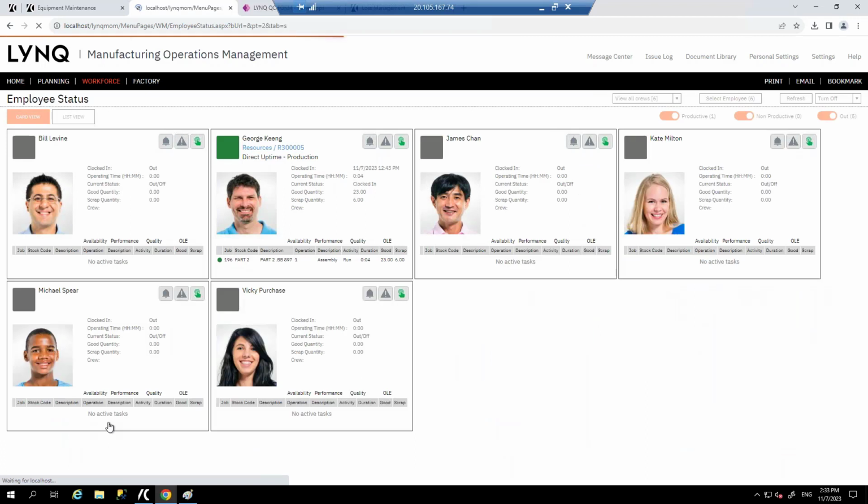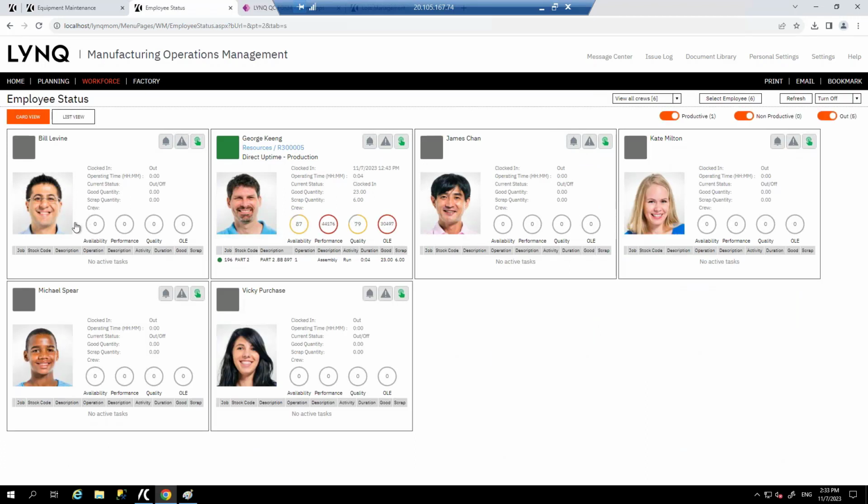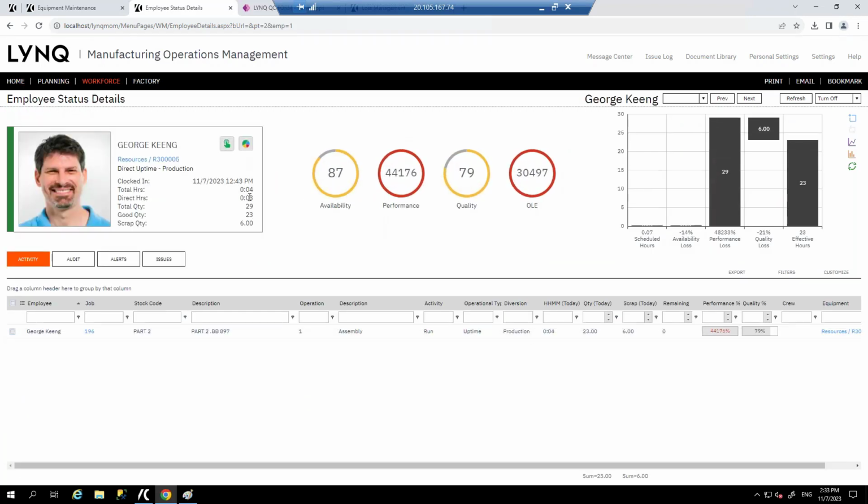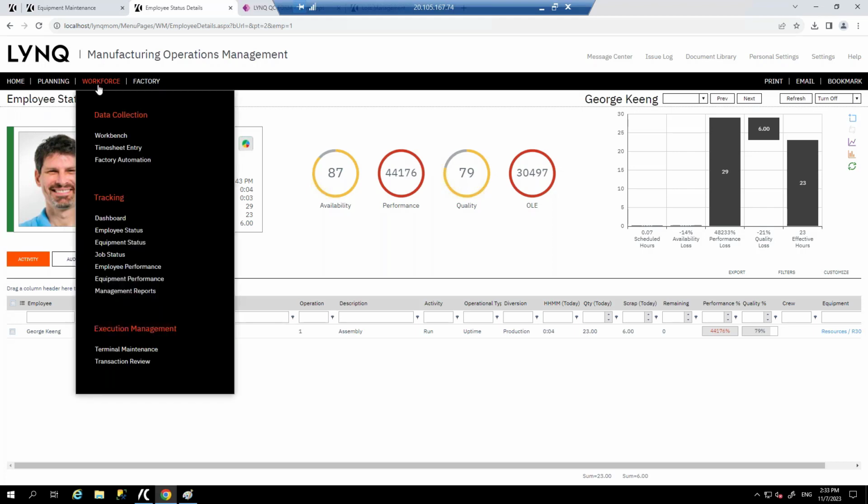Now I'm going to look at my employees. You can see a picture of all your employees and who's working. If it's red, they're in downtime. Yellow, they're in setup. And again, you can drill in as a supervisor and see exactly what this employee is doing when they clocked in. You can even move them to another crew if you wanted to end their day or put them in break. We can have the system set up to automatically clock everyone out at 1 o'clock to go to lunch or 5 o'clock to go home. So no one's left at a terminal for too long.